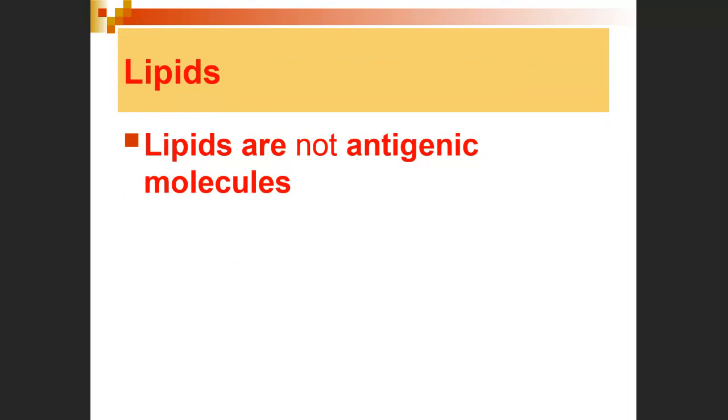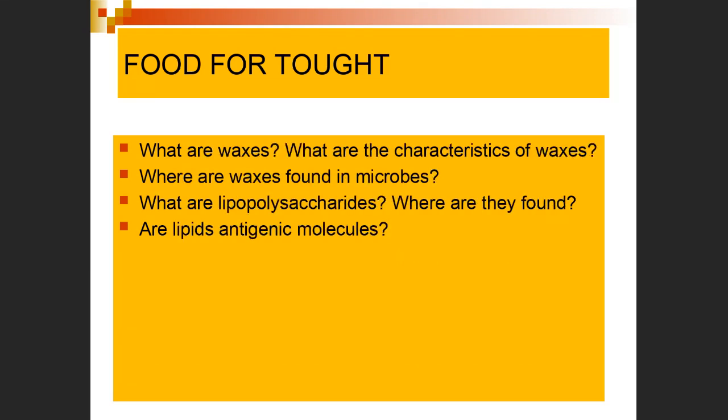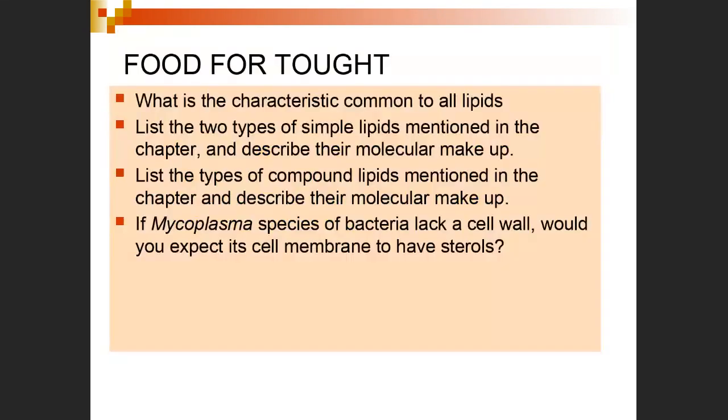So this is just an initial introduction to these terms, what these compounds are made of, and where they're found. Lipids are not antigenic molecules unless they're attached to an antigenic molecule like a protein, in which case, yes, they will become antigenic. All right, and that is it for chapter 2. Any questions? Hopefully I did address the question about antigenicity of these different macromolecules.